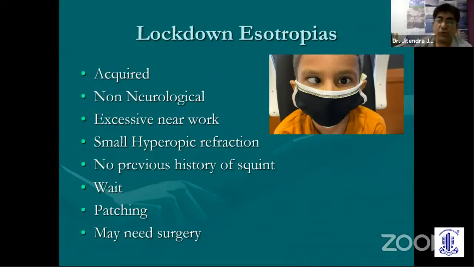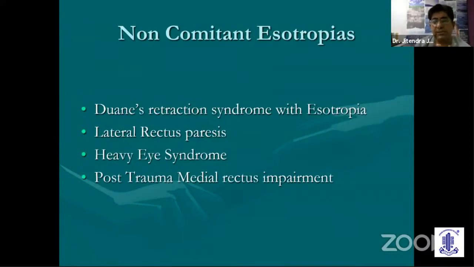We have seen around 4 to 5 patients whom we are planning to operate also, because they are not improving despite our having reduced their near work, patching, and given glasses, following the normal norms. These patients do require surgery because the deviation is very large and they are not improving further. Now, this is just a small list of non-corrected cases.